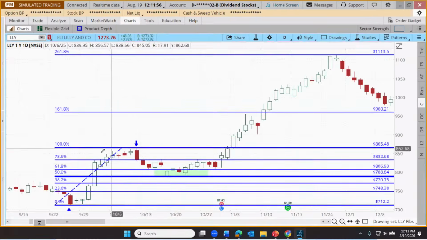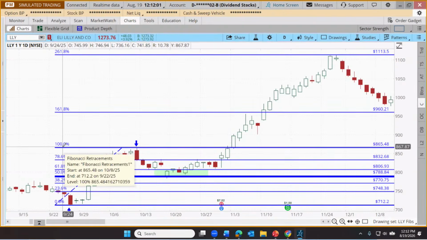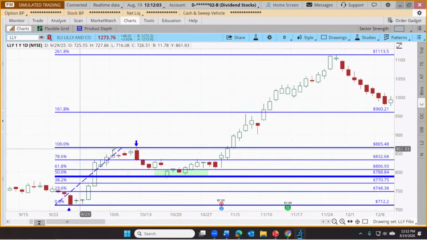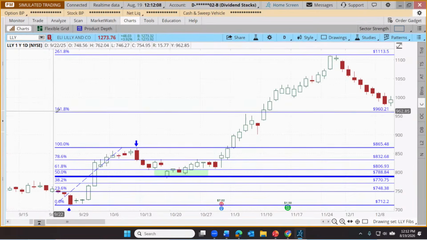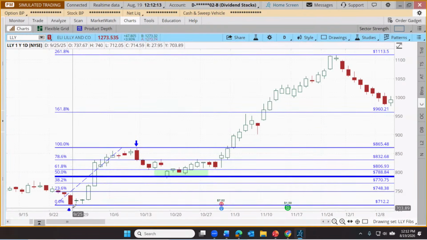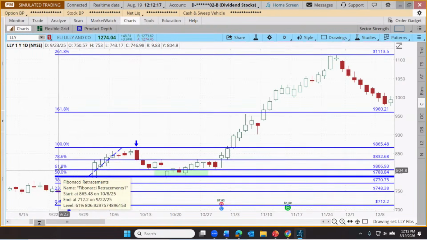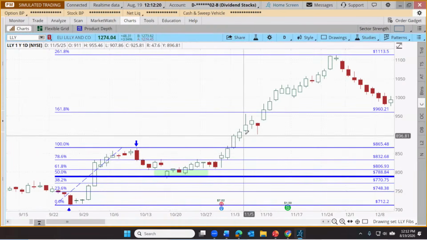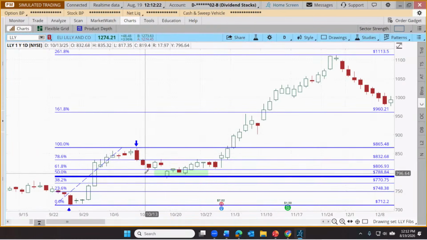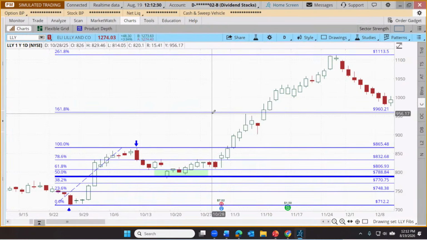So they might look for the stock not just to get back up to the peak where the profit taking started, but maybe match the original move and take us up to what's called the 161.8 level, which is basically just taking an assumed retracement down to the 61.8 level, and then a move matching the original move from that level. That's how we come up with that 161.8.